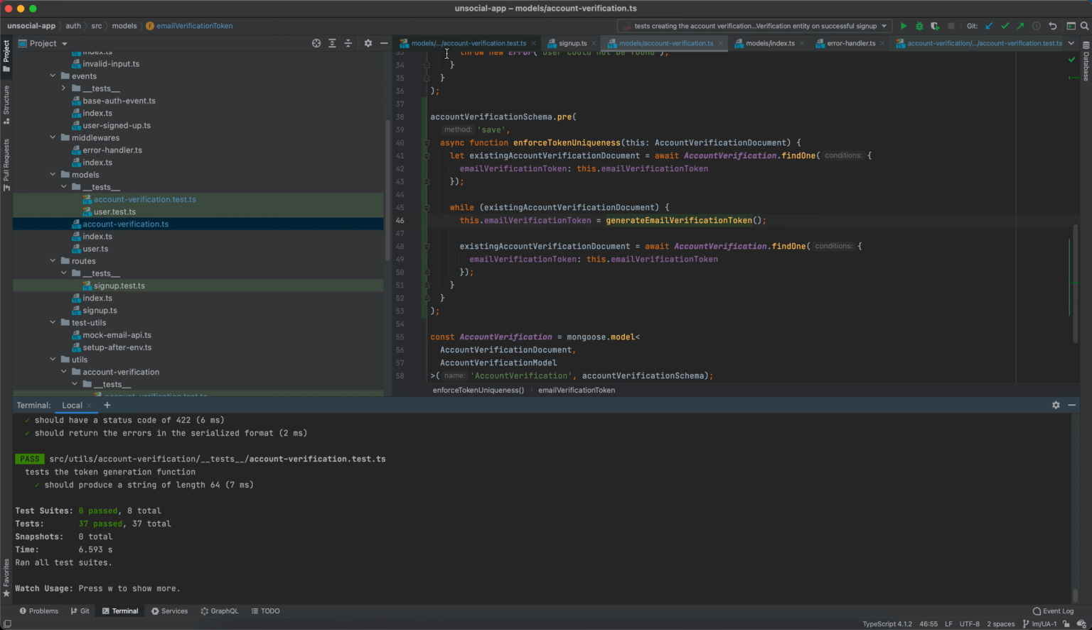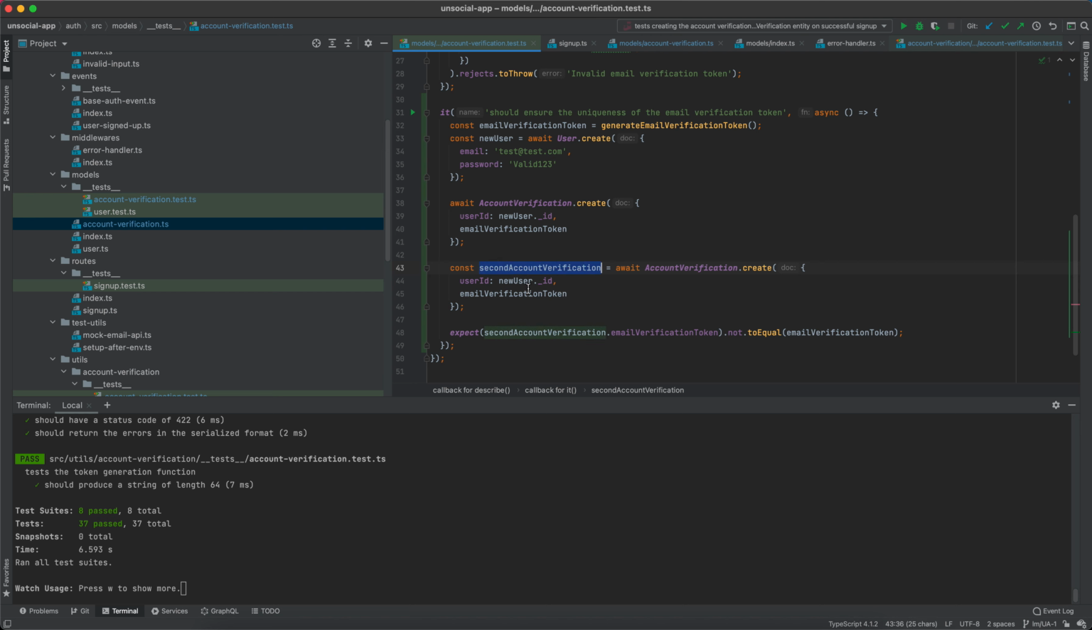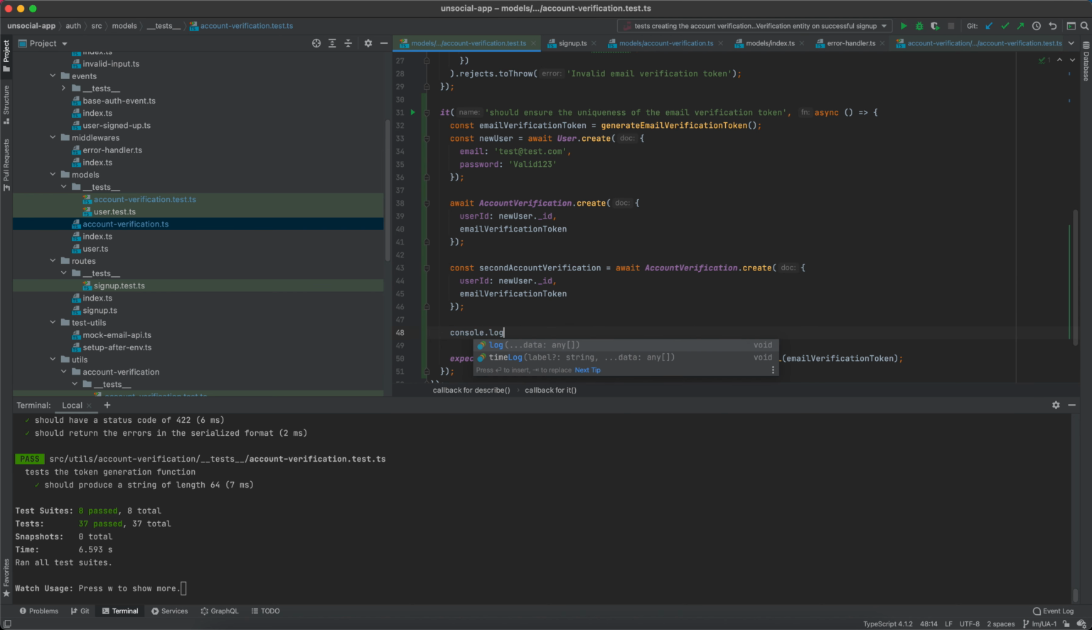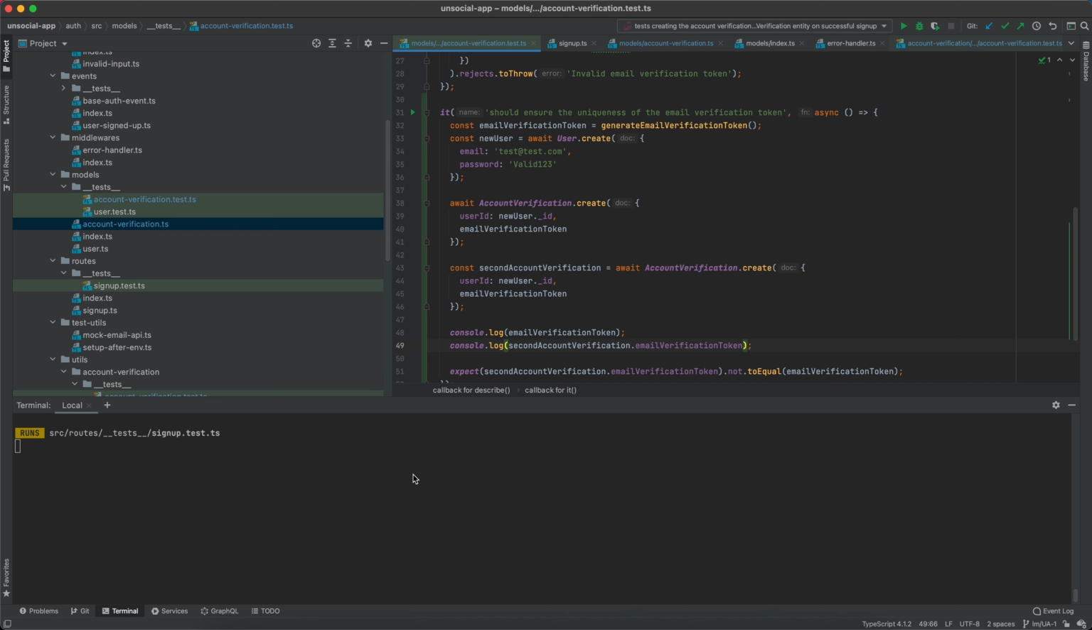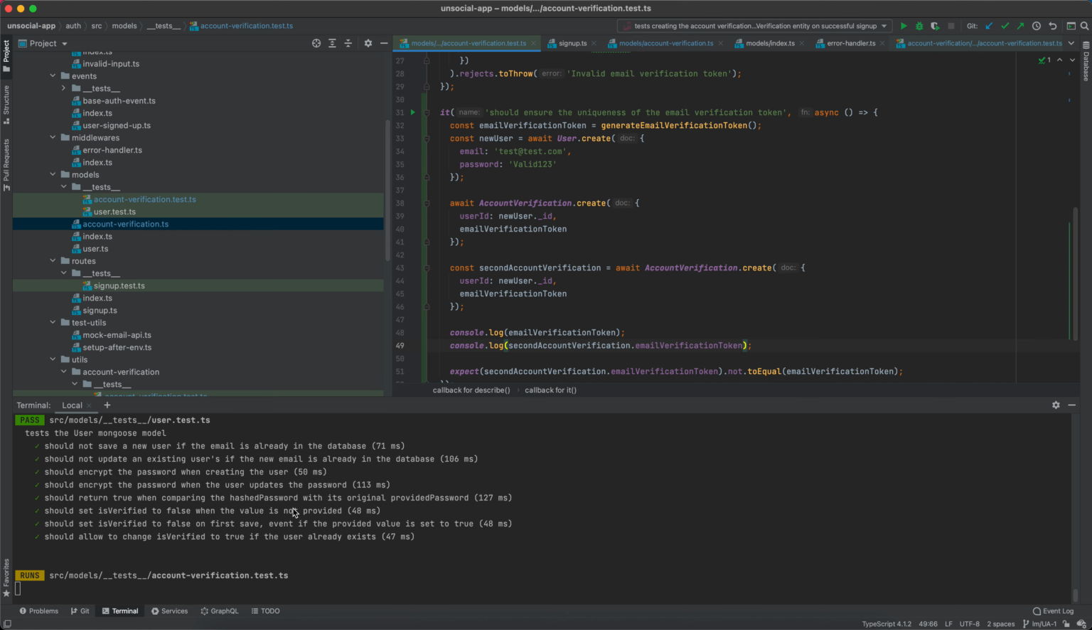Exactly, now our tests are passing. Just out of curiosity, let's console log the document that is coming back here. And let's console log the email verification token here, and the second account verification dot email verification token, like so, that we can compare the two of them on the console